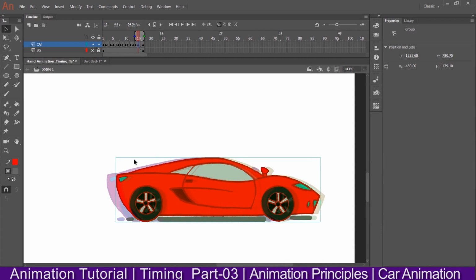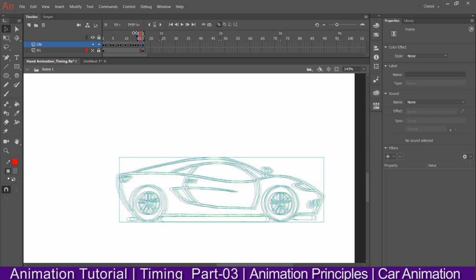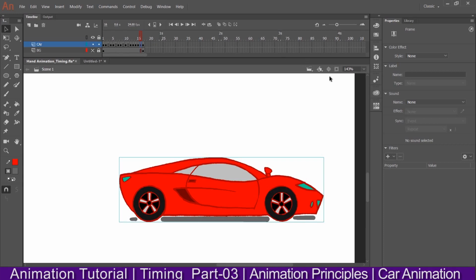Okay, if it is not visible clearly, then you can go for this outline option. Okay, outlines. So now you can see very nicely, and the last frame, F6 again. I think it is good. Let's check once again.